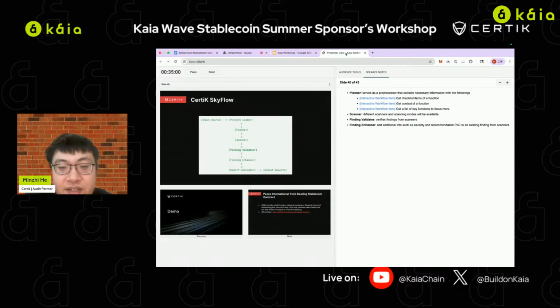The information will include the key functions from the code base, the context of those functions, and it will try to fetch the checklist and relevant findings from our database. All of this information will be sent to the scanner. The scanner will scan the code and generate raw results for the findings. All of the raw results will be sent to the finding validator, which will verify the findings from the scanner and